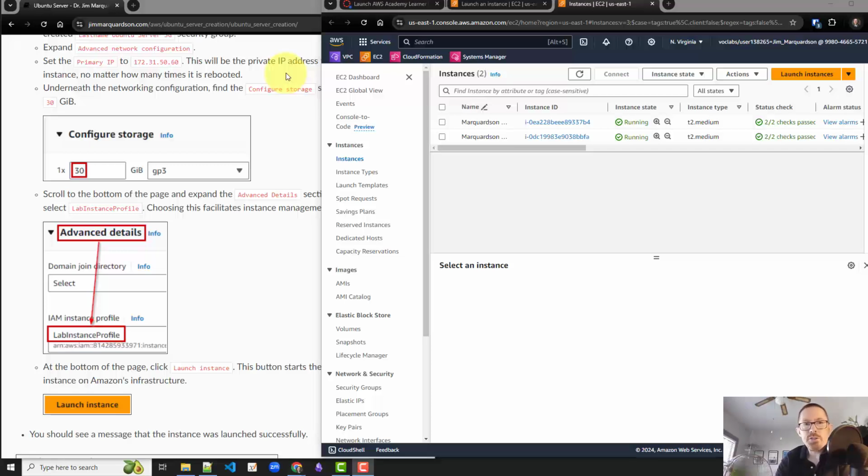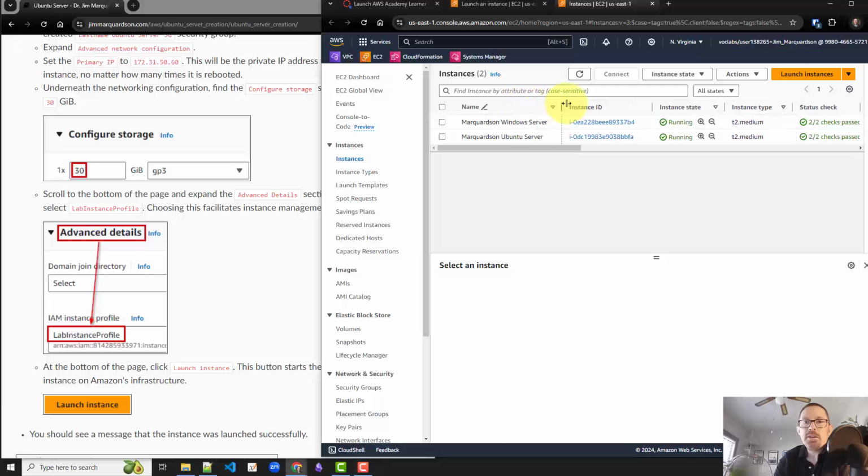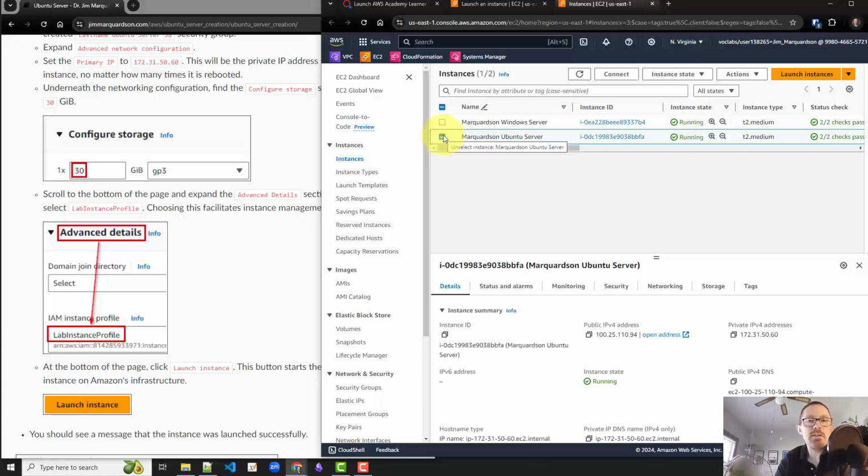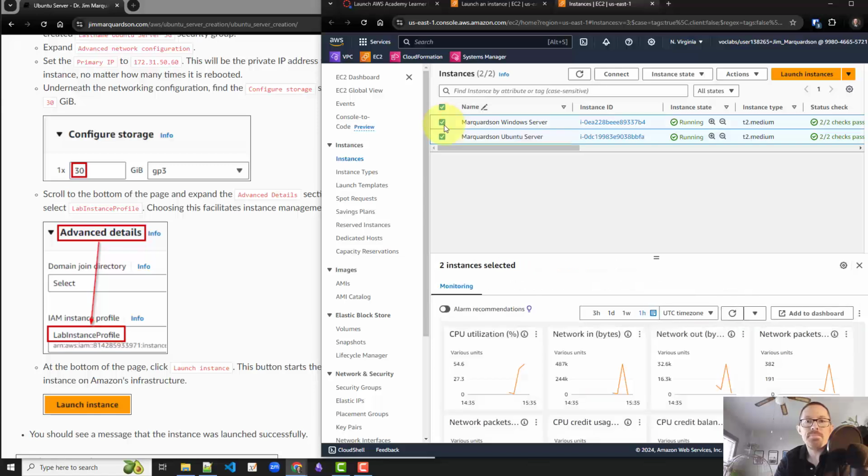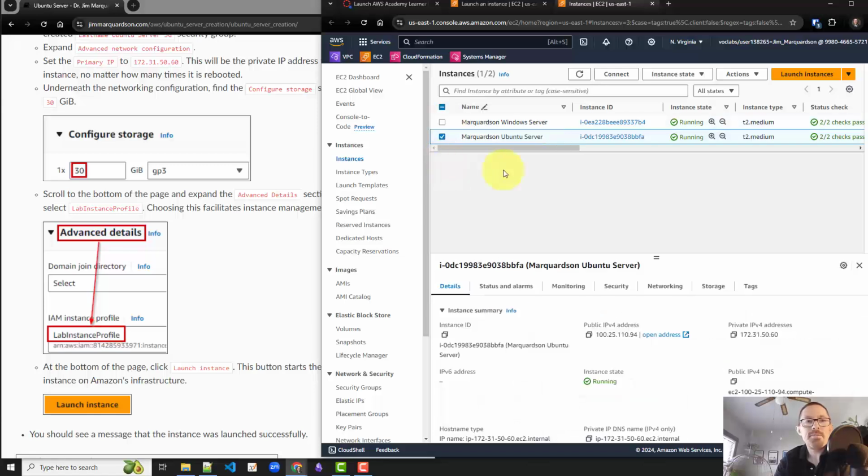Okay, I just refreshed again, and it says 2 out of 2 checks passed, which is fantastic. I'm going to expand the name here so I can read it fully. I've got Marquardson Ubuntu server. I'm going to check that box, make sure that nothing else is checked. Otherwise, I'm going to have confusion when I go to the next part, because what I want to do is